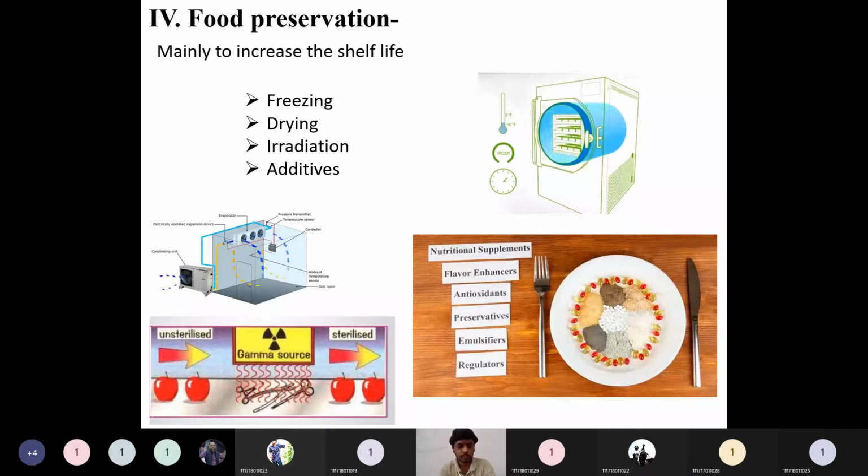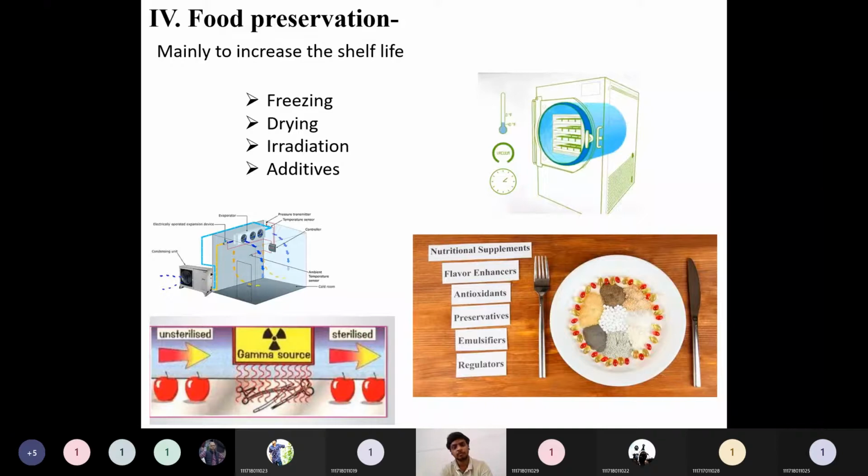Okay, today we are going to see food preservation. Food preservation is mainly used to increase the shelf life. Shelf life is nothing but, post harvesting, whatever the crop is, that crop has to reach the end user. So how much time that harvest can be stored until it reaches the end consumer or end customer, that shelf life can be increased by just adopting some food preservation techniques.